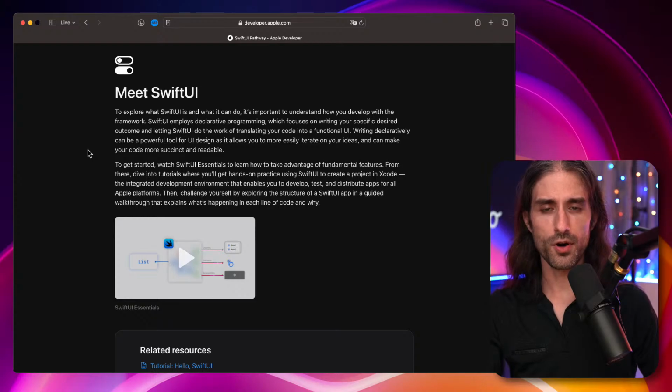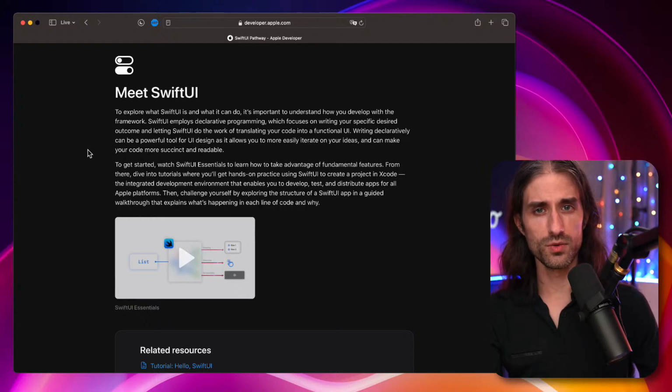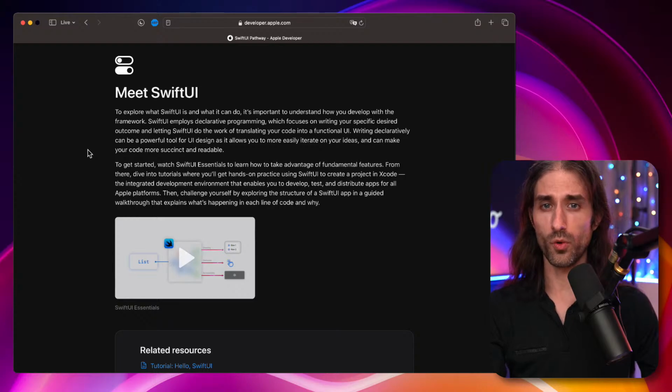In a declarative framework, you will say, when this property is true, I want the screen to be shown. When it's false, I want it to be hidden. And then you will only change the value of the property from true to false. This way, it's easier for you to write tests.